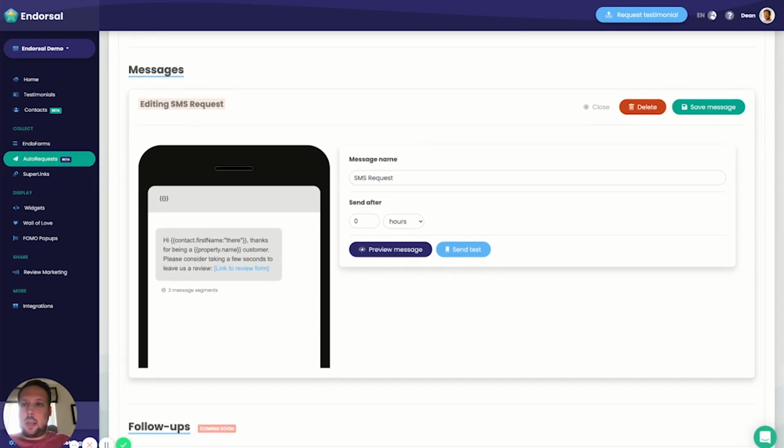So you've got an SMS editor and an email editor. So you can actually just type straight in here whatever you like. One of the great things is that you can actually insert dynamic data. So you've got contact data here, which can be added. You can include property name, the website, the domain, your data. So if you want to say, you know,